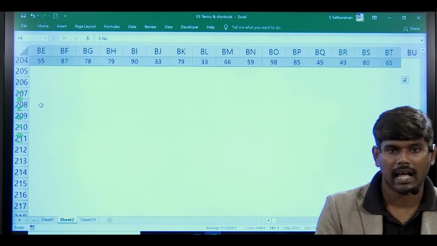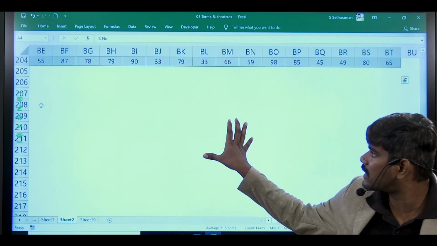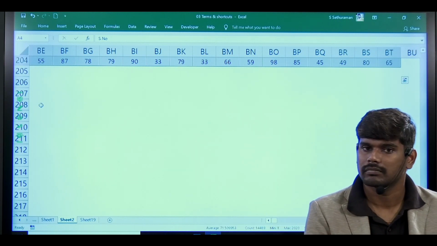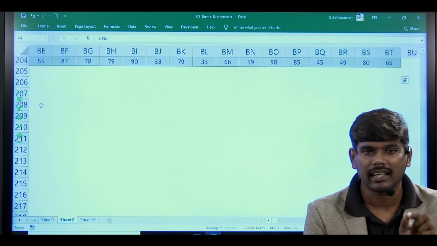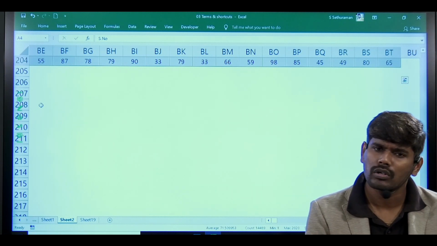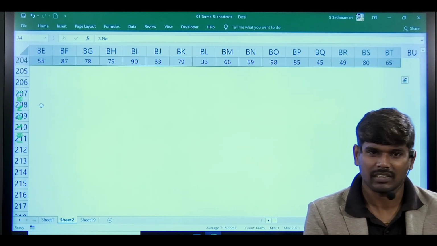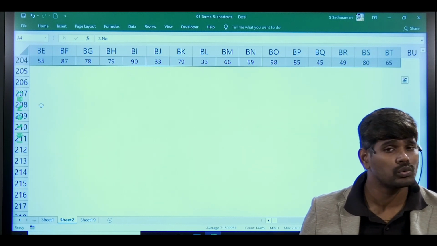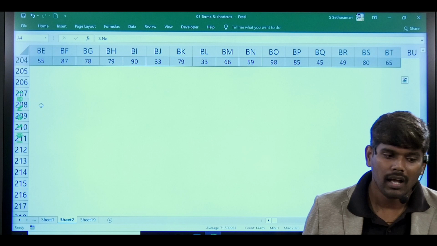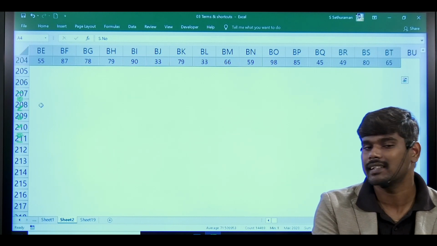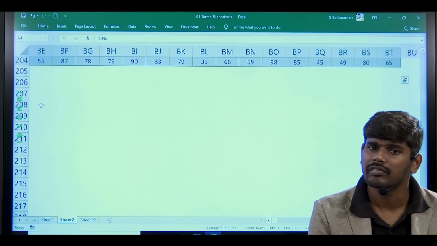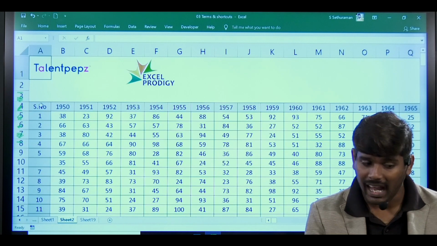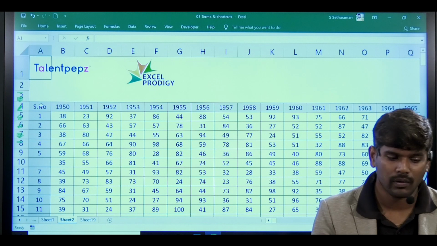Control Shift arrow keys, okay, I have selected, but I need to go to the top of my data. I need to go to the first cell of my data. How to go to the first cell? The question is correct, right? I have selected my data. I have selected 200 lines of data, but I need to go to the first cell of my data. How to go to the first cell? If I press Control Home, my selection is released. I need to select the data and I have to move.